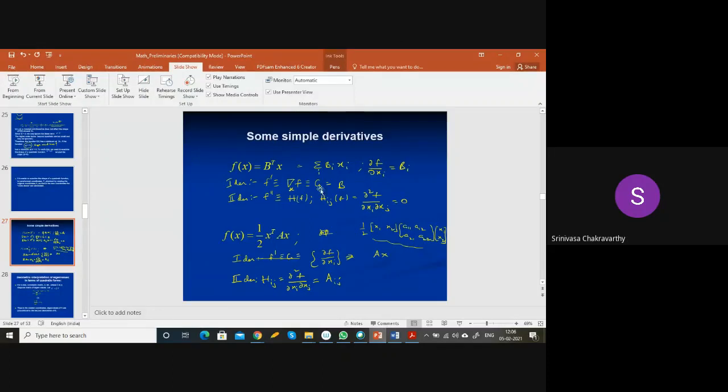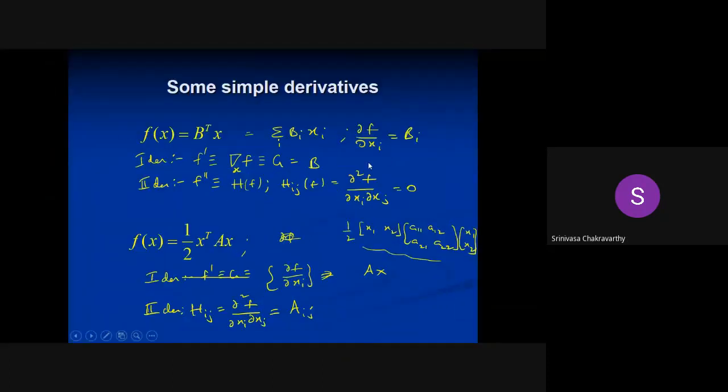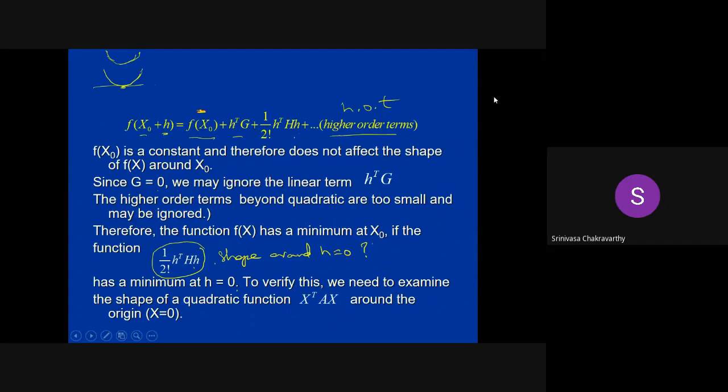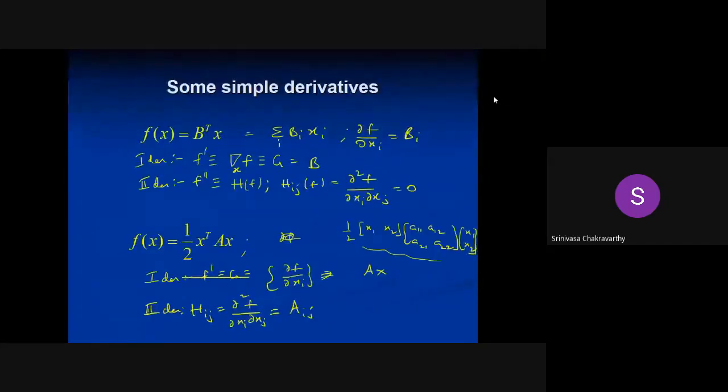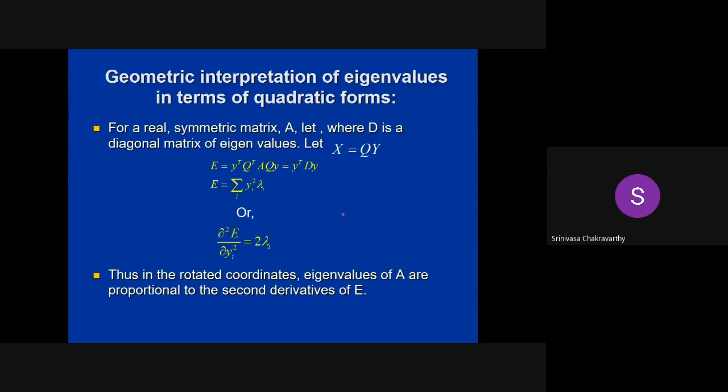Right. So we have just looked at the first and second derivatives of linear and quadratic expressions in multi dimensions, or multivariate functions. You can do it as a homework problem and just verify whatever I've given is correct. Now we want to understand what is the shape of a quadratic form. So if you have an expression like f of, oops, change color.